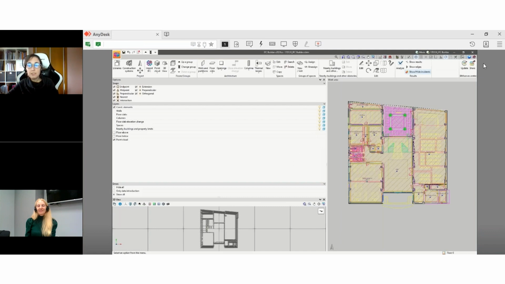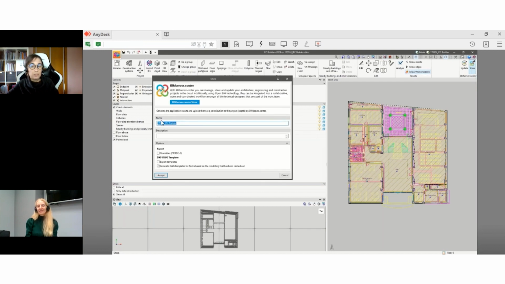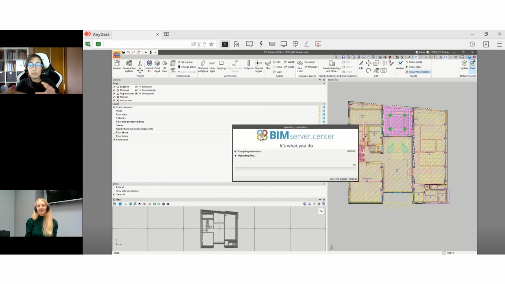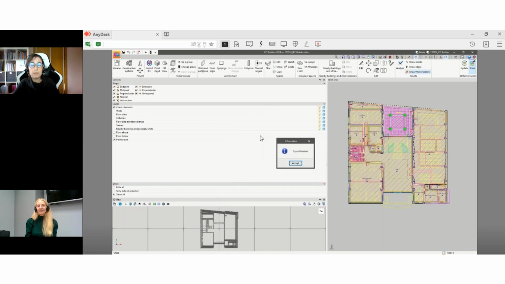The next step is to share. What you have to do in order to generate this IFC, so the rest of the people could continue with the project, is to click here in share. So you click here and give it a name. I gave the name of today's IFC Builder, so that's why I can accept it, and I can do it again. It's very fast. It's not a problem to do it again. So the process is that I have the file in IFC Builder. If I share,